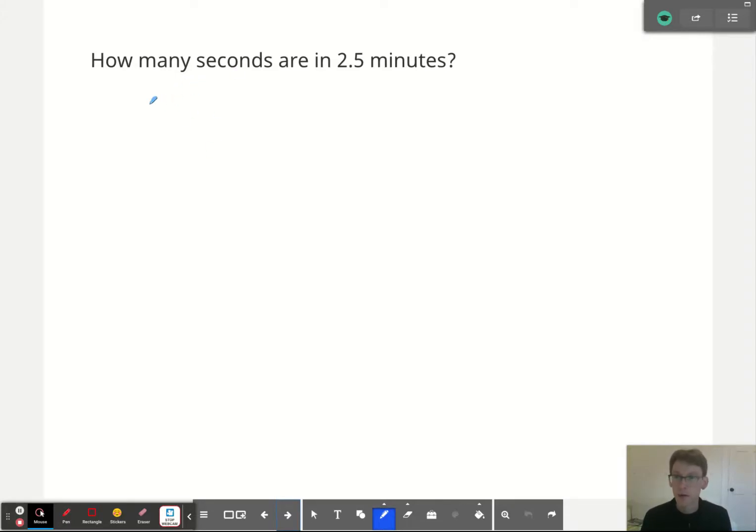This is something where you know the conversion factor. You know that 60 seconds are equal to 1 minute. And so we can use that conversion factor to make the calculation to go from 2.5 minutes to seconds. And how we do this is we take the measurement that is given in the problem, the 2.5 minutes. That's the first thing. So we write that out and we say that 2.5 minutes,